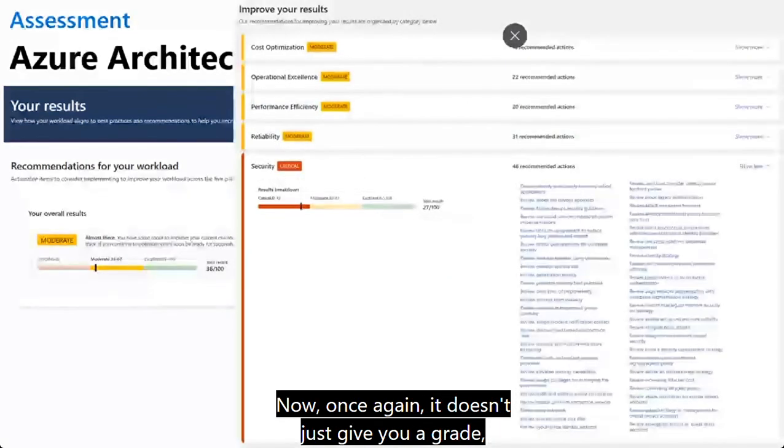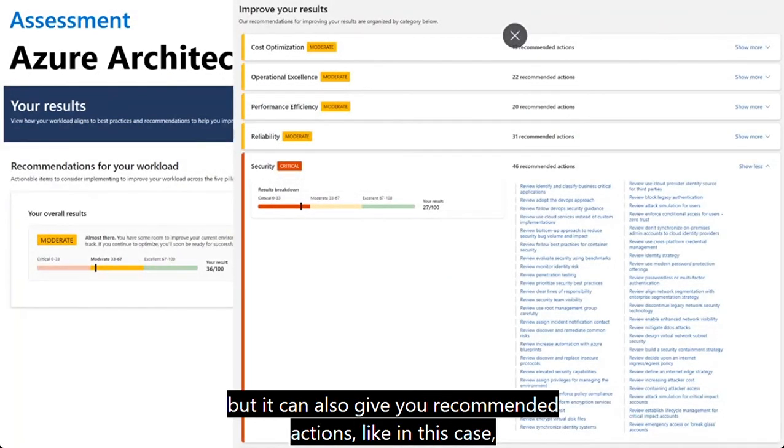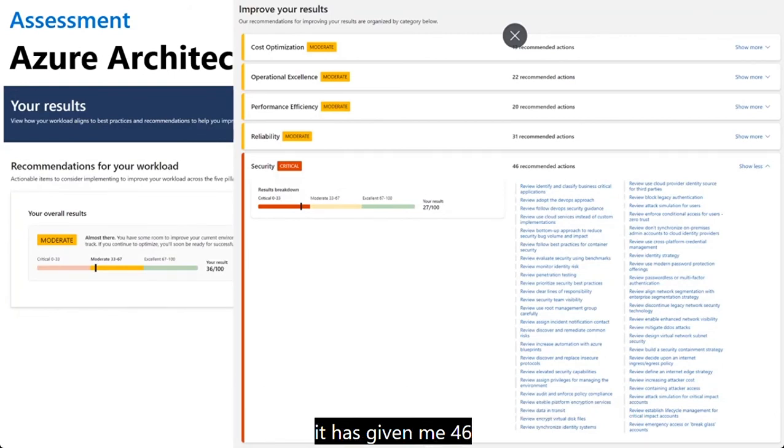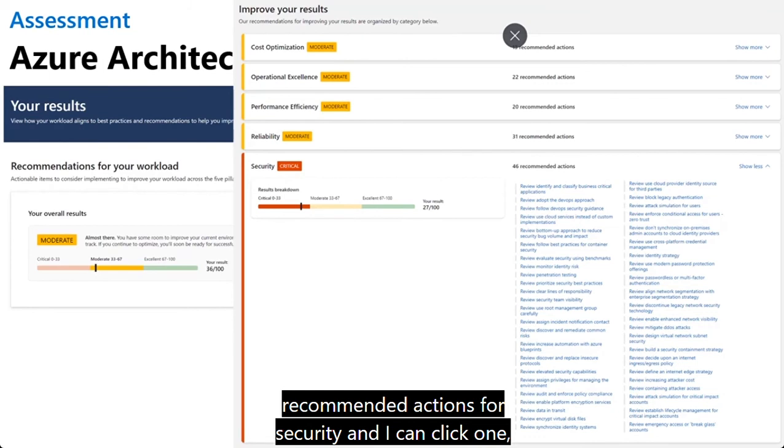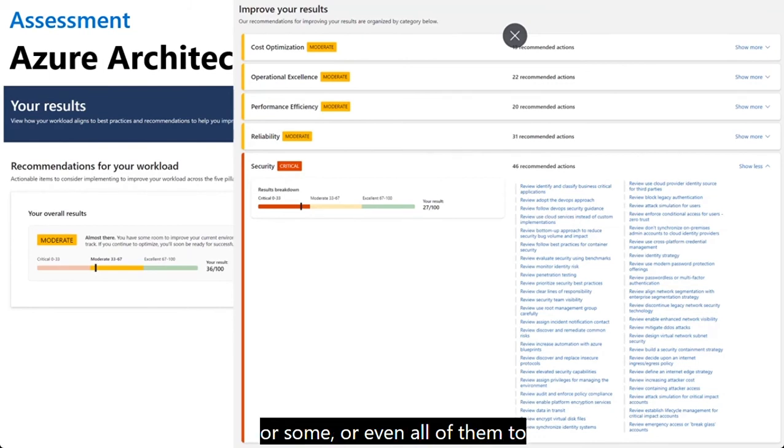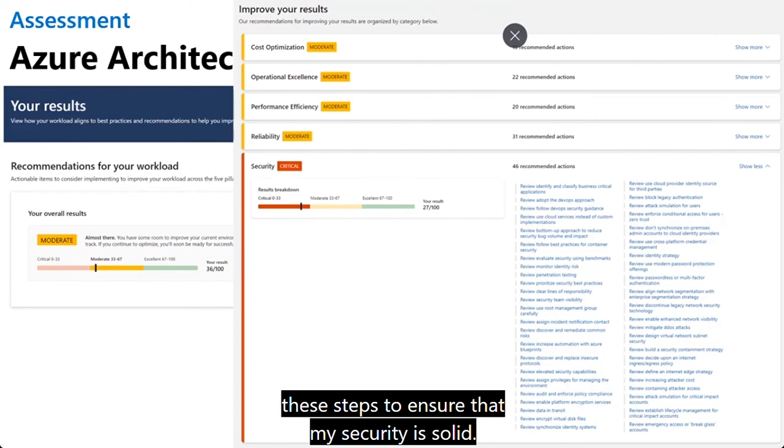It doesn't just give you a grade, but it also gives you recommended actions. In this case, it has given me 46 recommended actions for security, and I can click one or some or even all of them to look at the steps and do these steps to ensure that my security is solid.